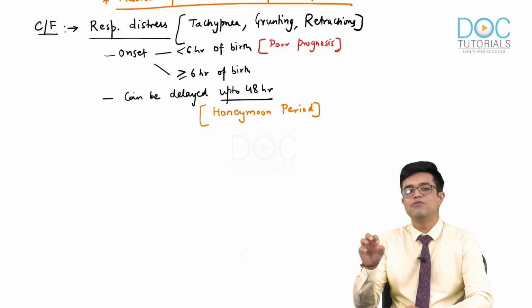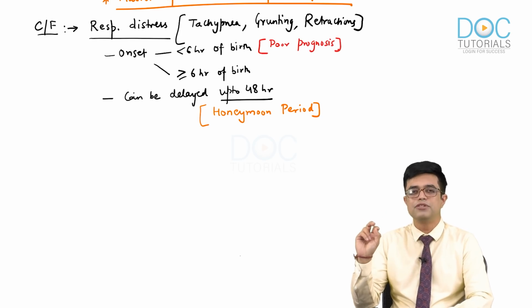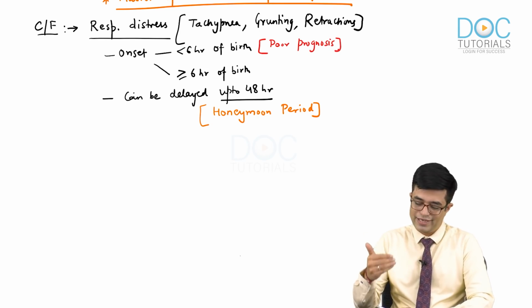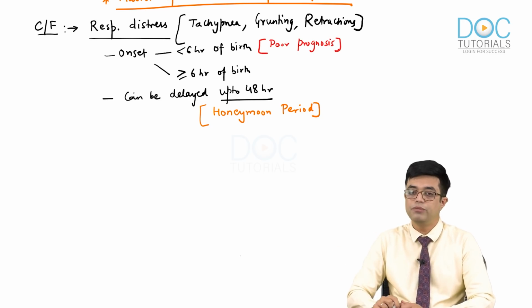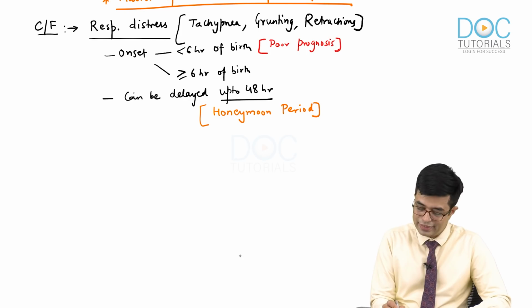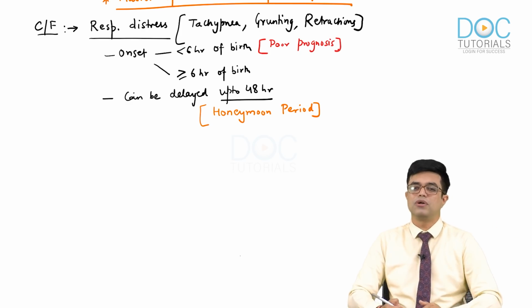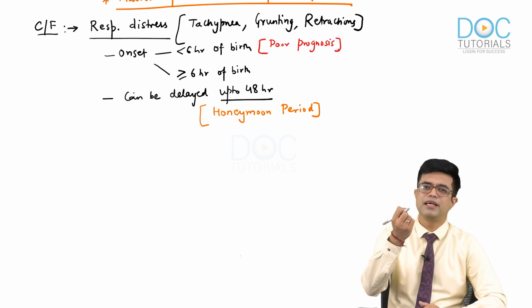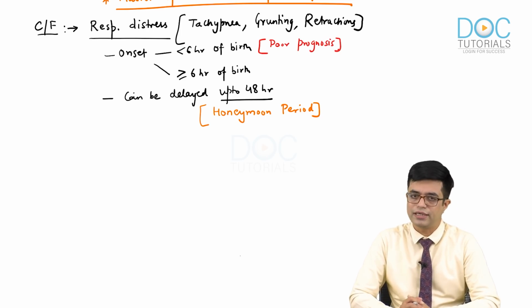Honeymoon period, wherever you find this term being asked in pediatrics, in medicine, it always refers to a state where the disease is present but it is not manifesting itself. So, when distress is delayed beyond 48 hours, these children are said to be in honeymoon period. Remember that sometimes it can be delayed to as late as beyond the neonatal period also. There is a very small subset of patients where it can be delayed beyond the neonatal period, and these children will usually present with intestinal features.